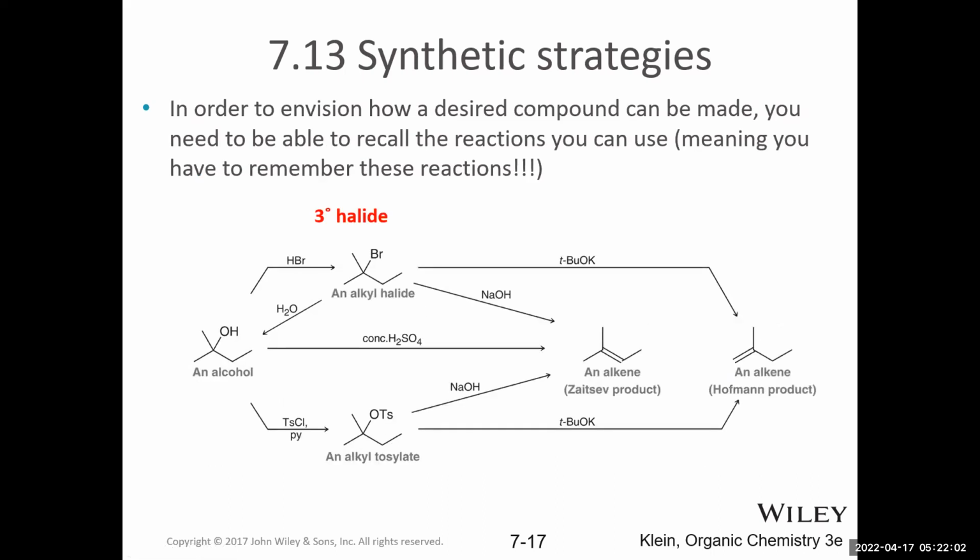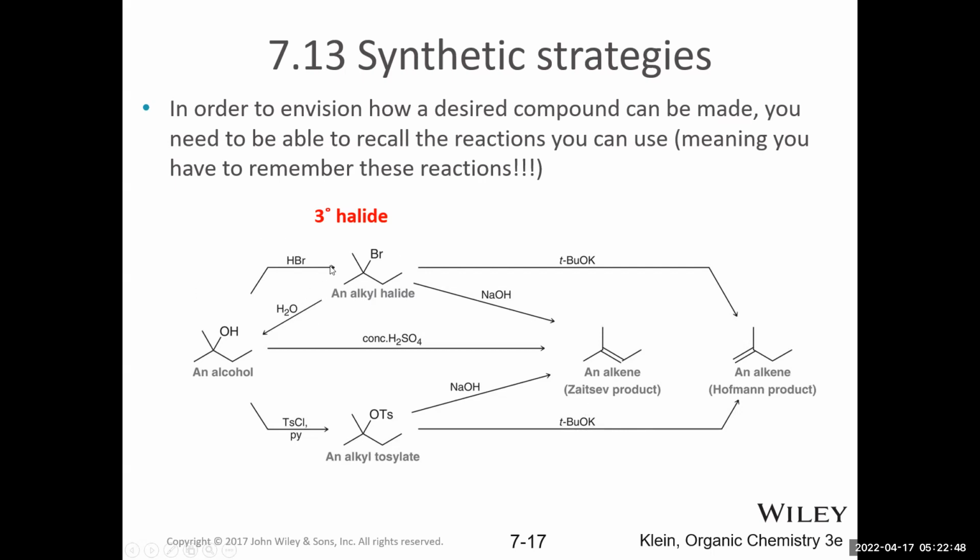Let's look at how the reactions would differ with a tertiary alkyl halide. With a tertiary alkyl halide, recall that we cannot do SN2 reactions. We can only do SN1 or E1 or E2. So those are the different substrate reactions that can occur on a tertiary substrate. Some of these examples are E2 reactions. For example, sodium hydroxide and potassium tert-butoxide. These are both strong bases, so they can promote an E2 reaction. This one is bulky, giving the Hofmann product as the major product. Sodium hydroxide is a small, strong base, giving the Zaitsev product as the major product.